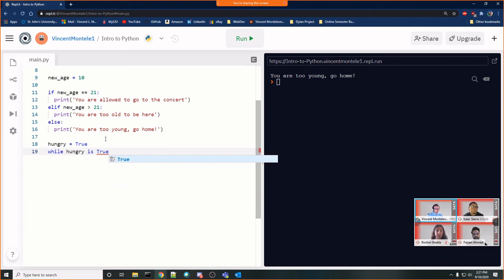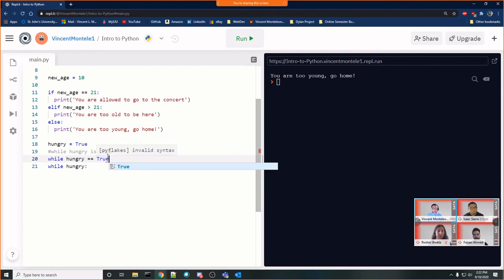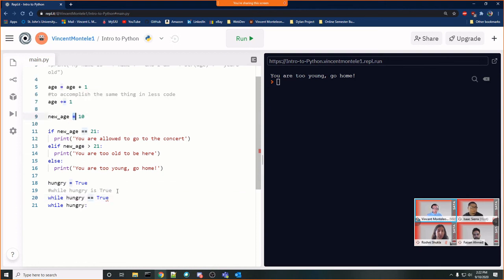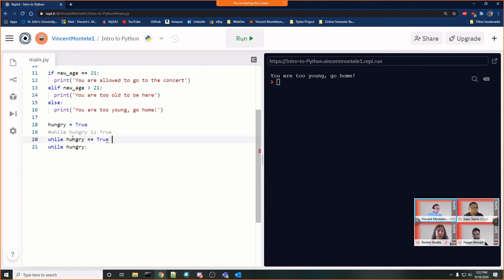We can also write this as while hungry, and I'll write all the different ways we could say, while hungry is true, while hungry equals, double equals means that they're the same, single equals means we're setting something equal to something, while hungry equals true, or you could just say while hungry. These are all the same ways of writing this exact same while loop.